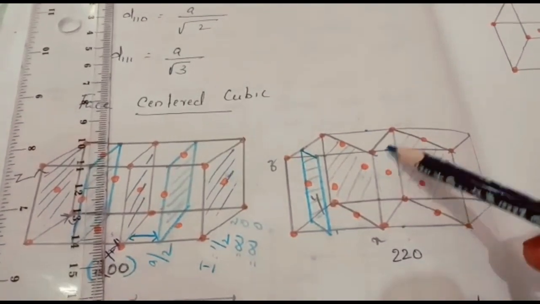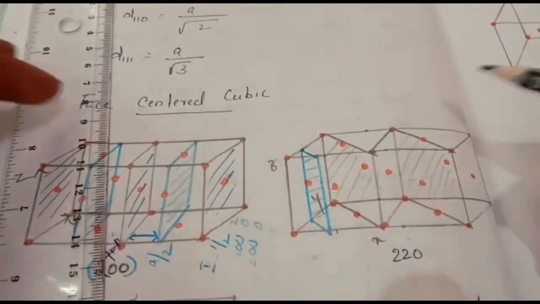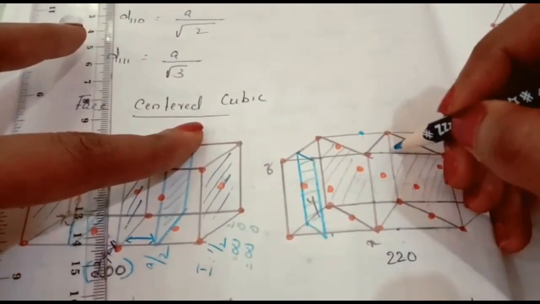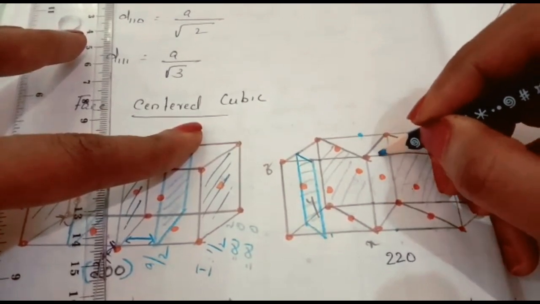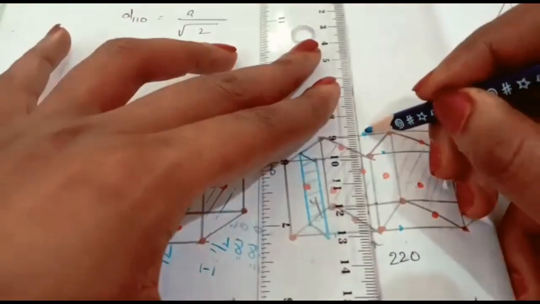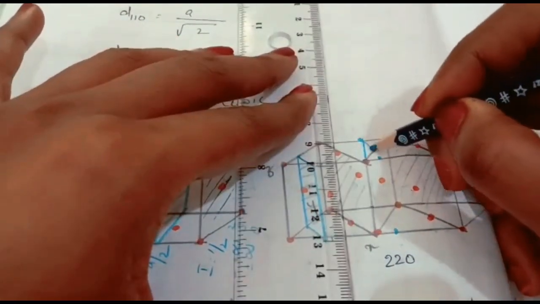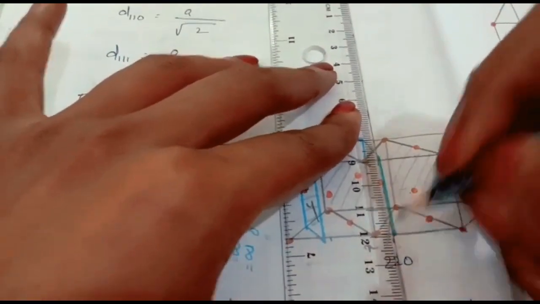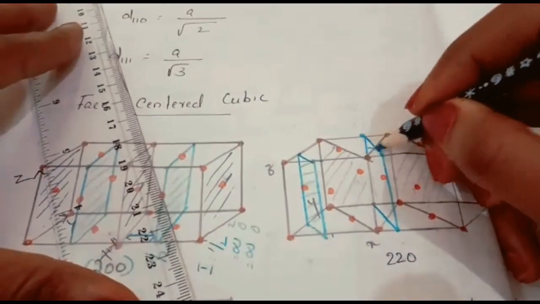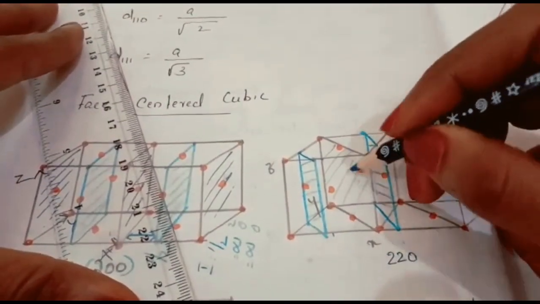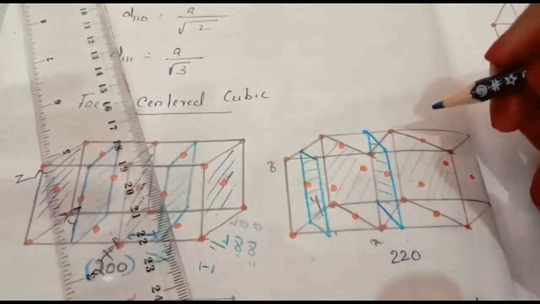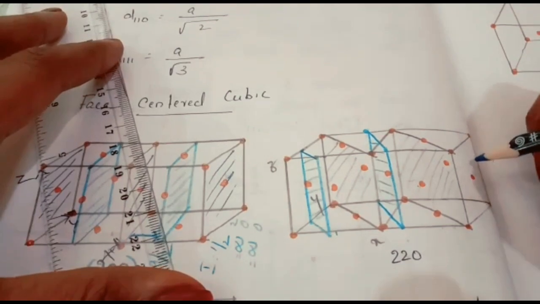See here, you should not take this plane because the shape is different. How is the shape going? It is moving upwards. So we have to mark the points first. First point is here. Then half of this, here is another point, then down, then here. These are the points, so we will connect them together. Then here, here, then this point, here. This is a plane. See here, both are the same shape, and that plane we have drawn in between these two planes. Then another one, here also we have to draw like this.